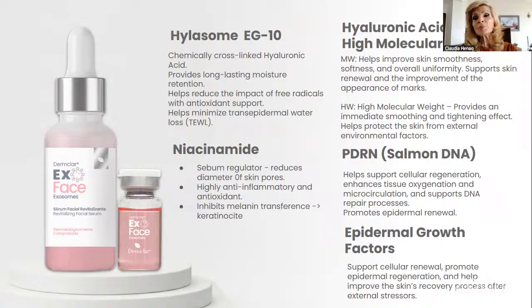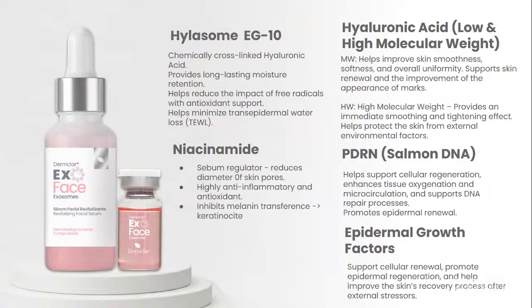And the high weight will provide an immediate smoothing and tightening effect, okay? PDRN, salmon DNA. It's wonderful. You used to buy it, I guess, by itself before, but now you don't need to. You have it in Exophase. It helps support cellular regeneration, enhances tissue